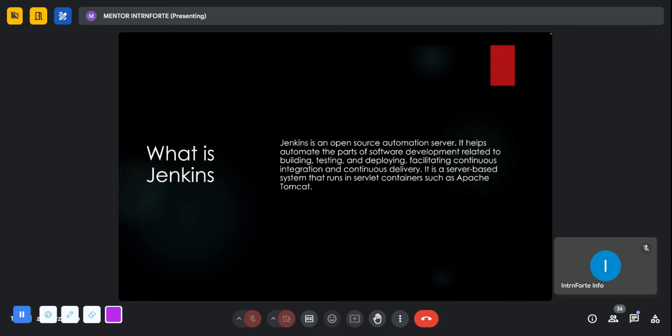Now, as I mentioned, Jenkins is an open source automation server, and it will help us automate the complete software development cycle. As I mentioned about the CI/CD tool and CI/CD process, we need to build, test, and deploy, right? So all these things will be easily facilitated by Jenkins,